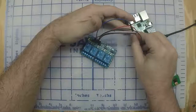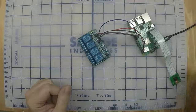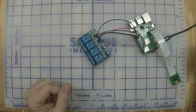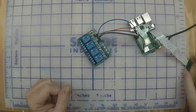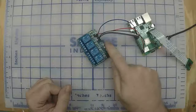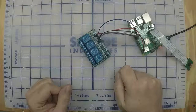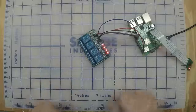And then if you wire this up right, if I don't have this backwards, turn on your Pi. It'll take a second to boot up, and you'll see 2 red lights on the relay board. And then all of them will click on, you'll hear it. Now,